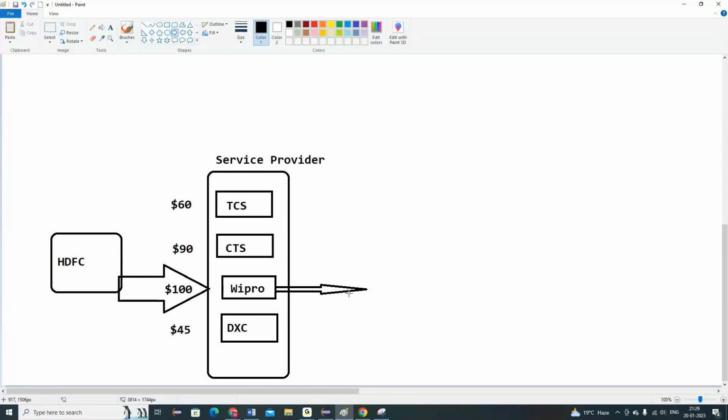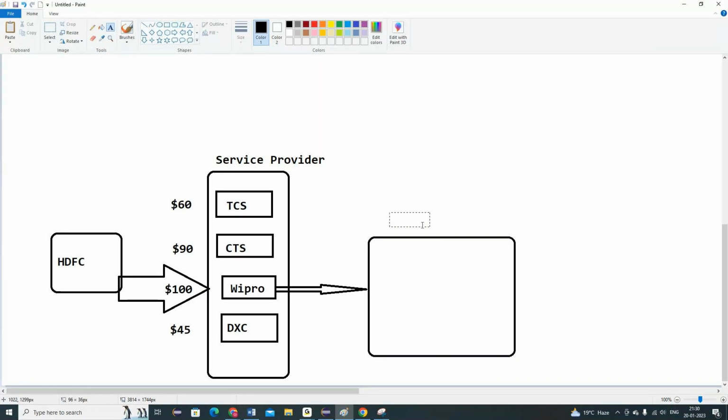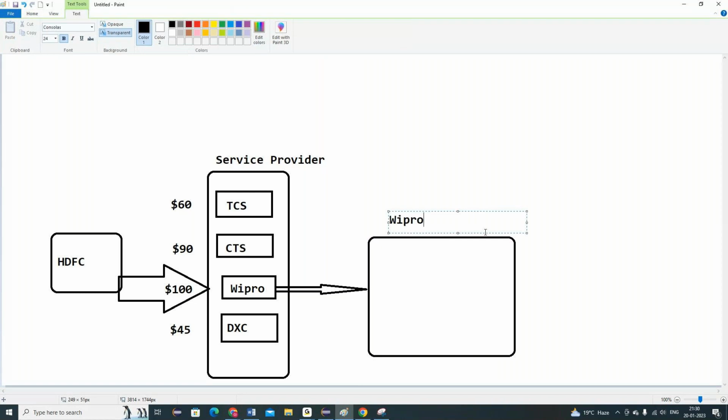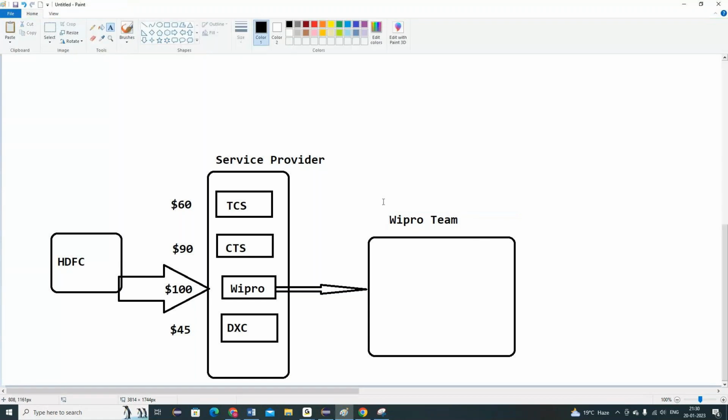Then Wipro people will take their internal employees who are free, who are getting released from projects. They will ask them, and after that they will make a team. So let's suppose Wipro has a team, the Wipro team. So here the involvement will be,